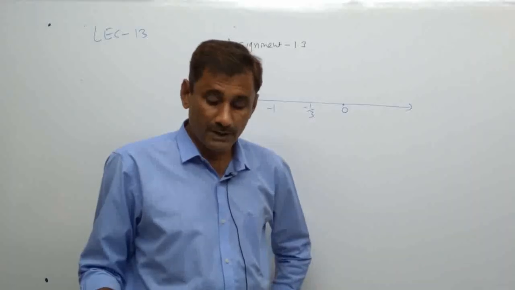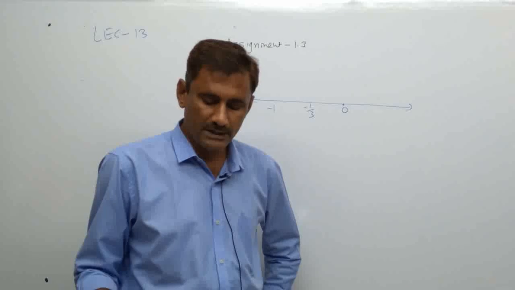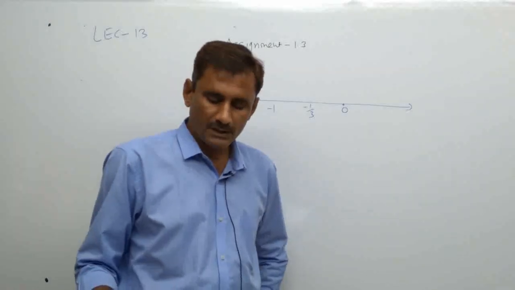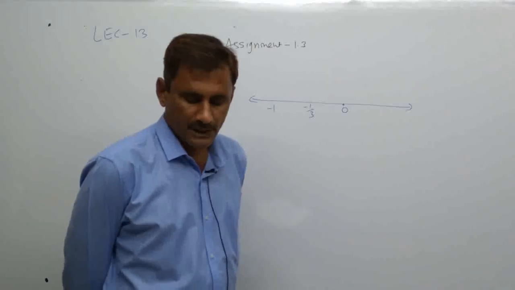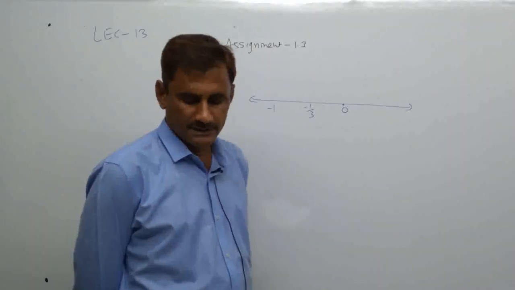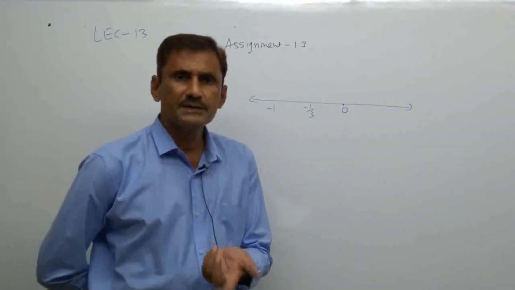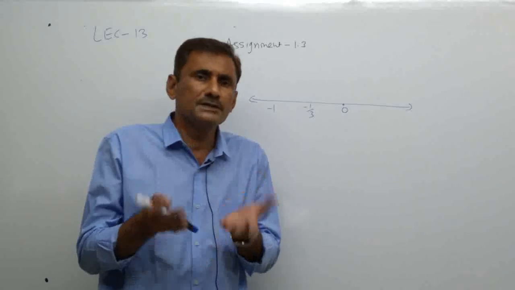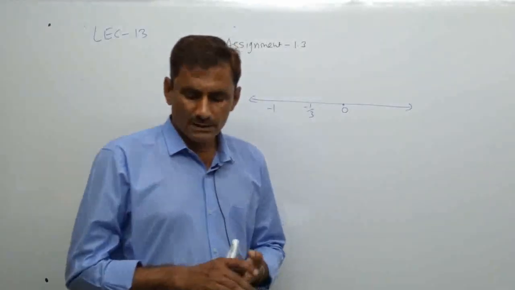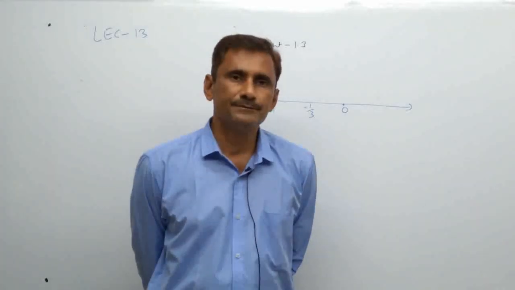Second, 0 and minus 2 by 6. So it is 0 and minus 1 by 3 over. Then 0 and minus 1 by 6 itself is given. Minus 1 by 6 is there, so it is between them itself. And at last, minus 2 by 6 and minus 3 by 6.